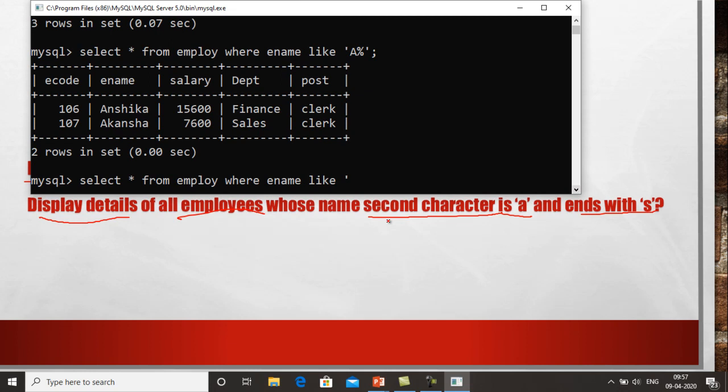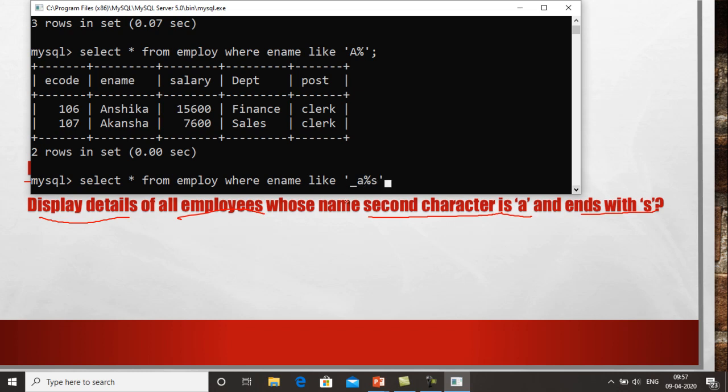Now you can see that over here it is written second character is A. So the first character I don't know. Okay, so a single character is missing. So for that single character I put underscore, but the second character is A. Okay, and the last character is S, but I don't know how many characters there are between A and S. So for that I put percentage and S. Okay, so I have specified this pattern.